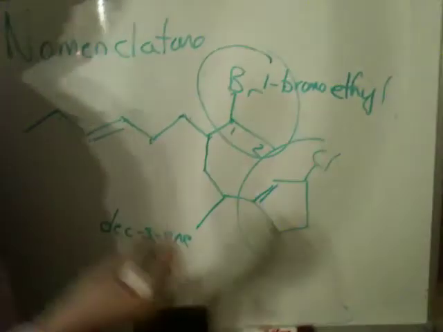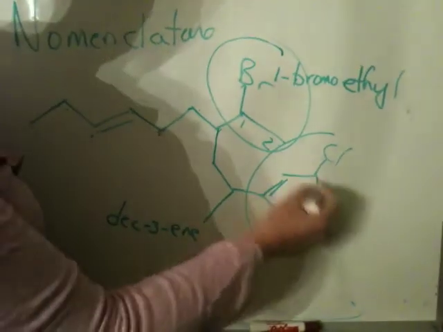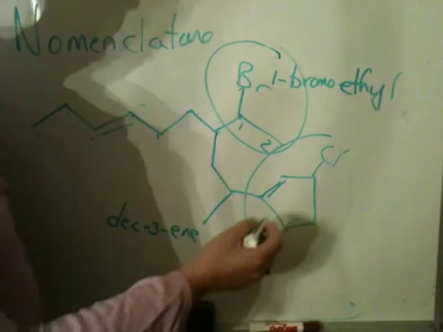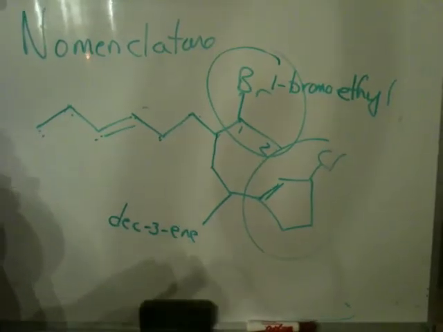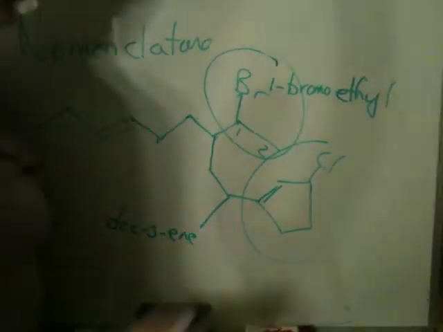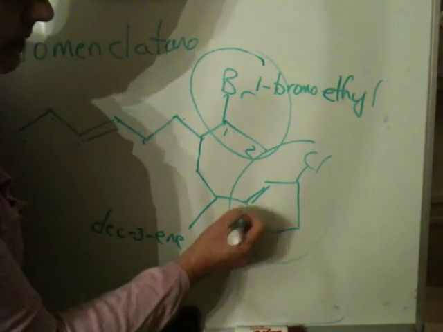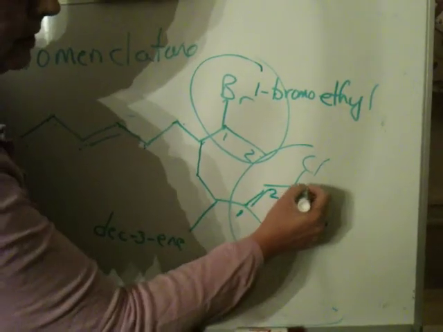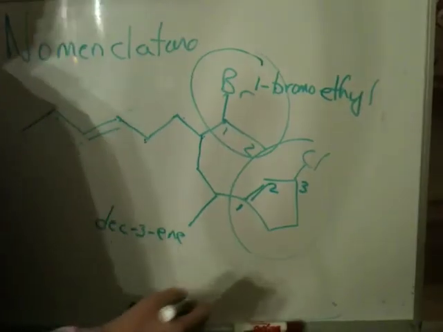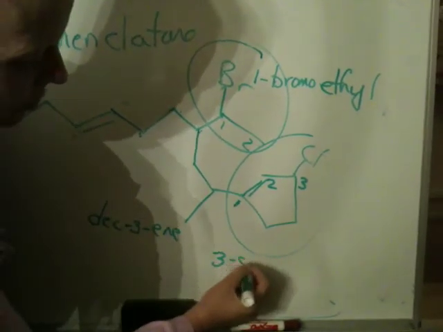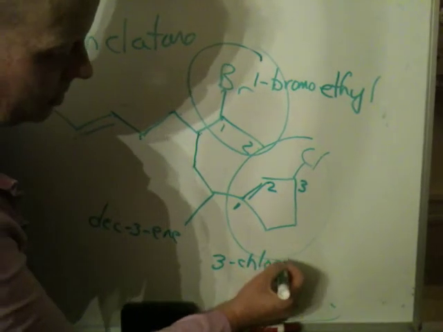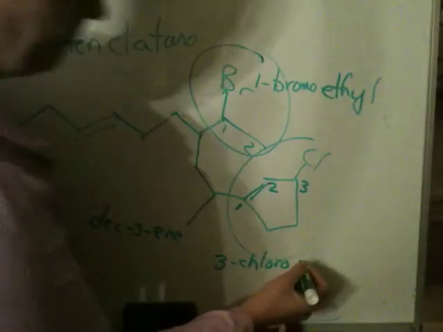We're almost done already. Now this is a little weird because this is a cyclopentyl, but because it has a double bond in it, it's a cyclopentenyl. The way you would number this is this would be number 1, this would be number 2, and this would be number 3. So this is a 3-chloro,